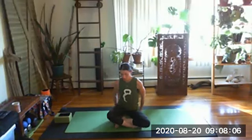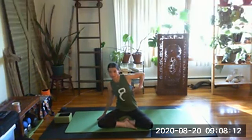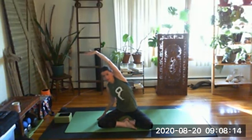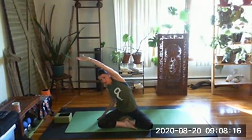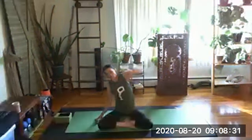Now, same position. I'm gonna take my right hand by my hip. I'm gonna keep a nice tall spine. I'm gonna push my left hip out and bring my left arm over and just find a nice little stretch. I get a little bend in my right elbow. And then I'll switch when I feel comfortable. So left hand comes down, ribs stay in, right hip goes out, and we reach over. Ooh. And you're trying to find length. And you can just alternate